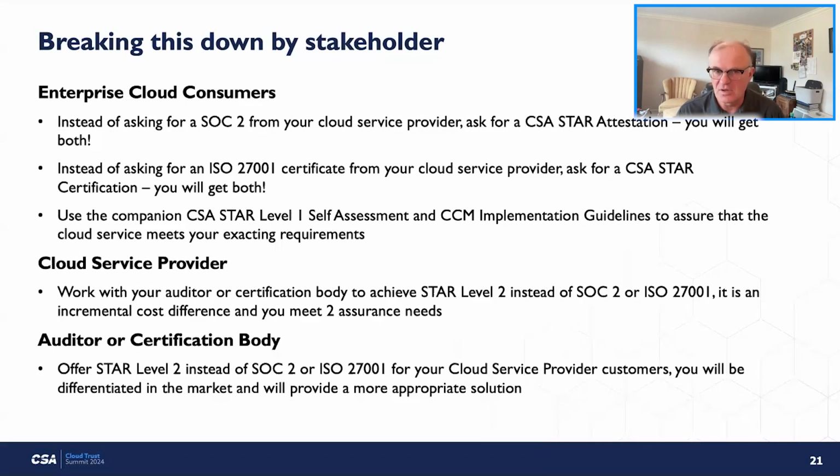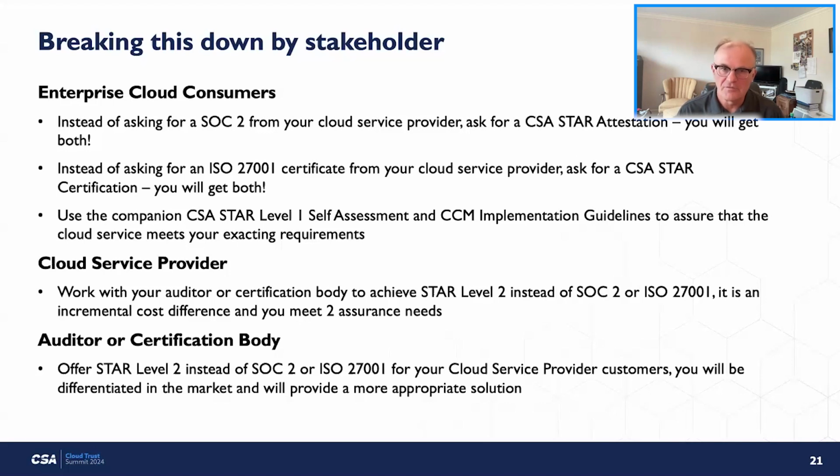And by the same token, instead of asking for an ISO 27001 certificate, ask for a CSA STAR certification. Again, you're getting both. Then use that companion STAR level one self-assessment and that CCM implementation guideline to really assure that the cloud service meets your exacting requirements